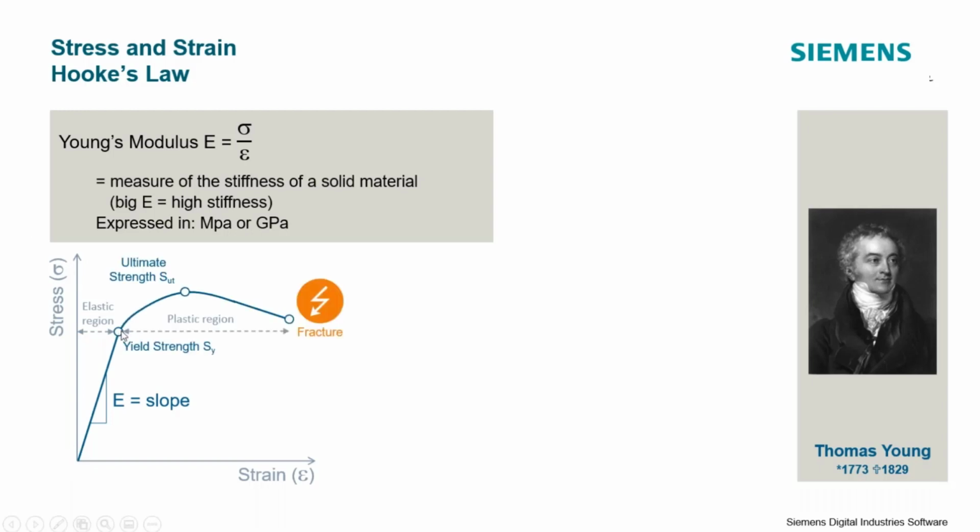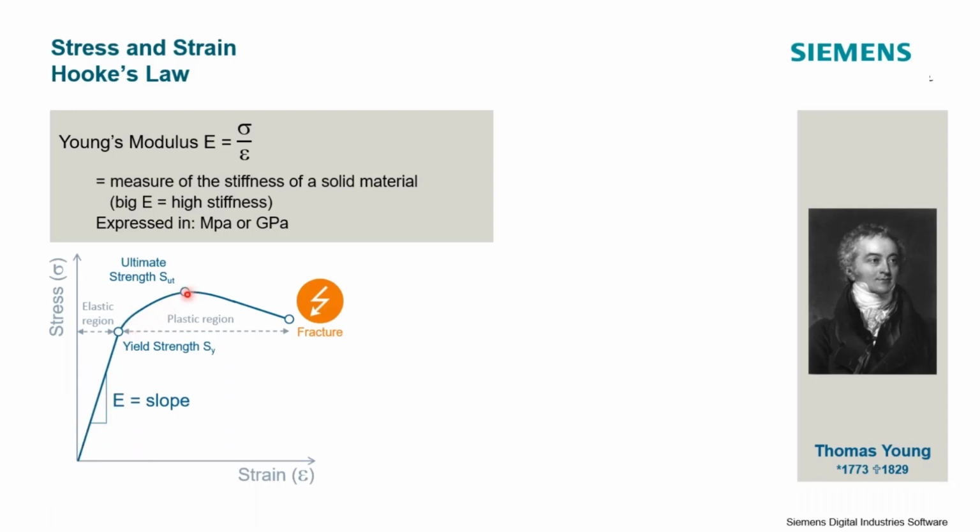Beyond this elastic point here, the onset of the plastic region is denoted by the yield strength of my material. If I exceed that, let's say I go up to this point here, when I remove the load from my material specimen, I do not go back to the original shape of my material. There's some permanent deformation due to the applied loading in this plastic region. We're past our yield strength here.